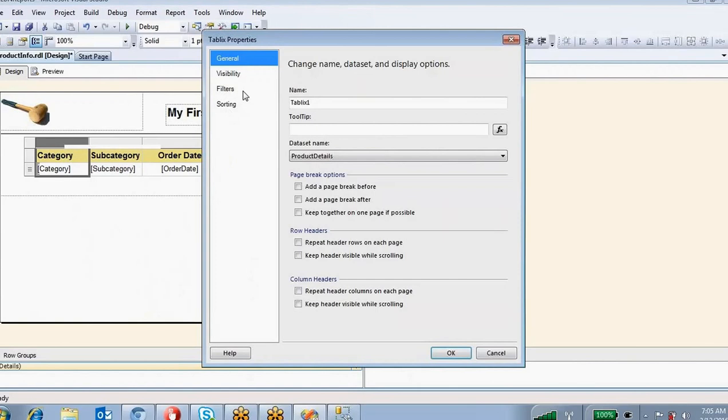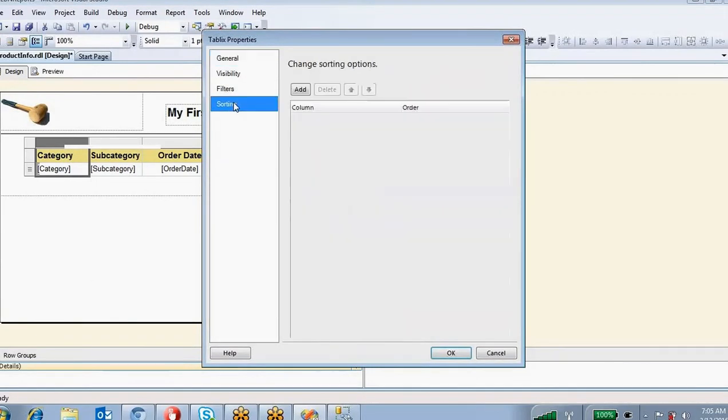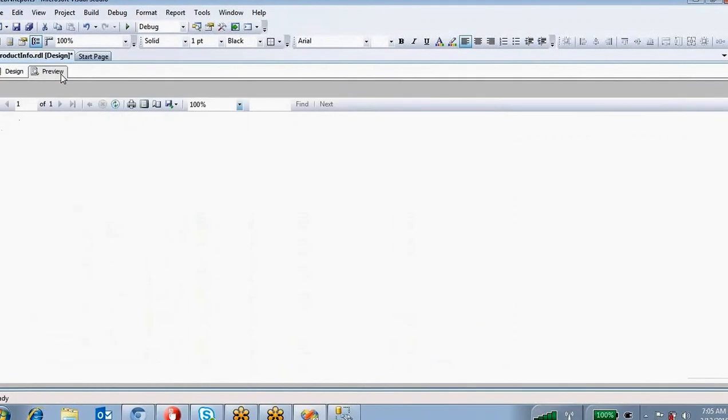Got it? So if you want to sort the data, it is displaying the data like this, right?